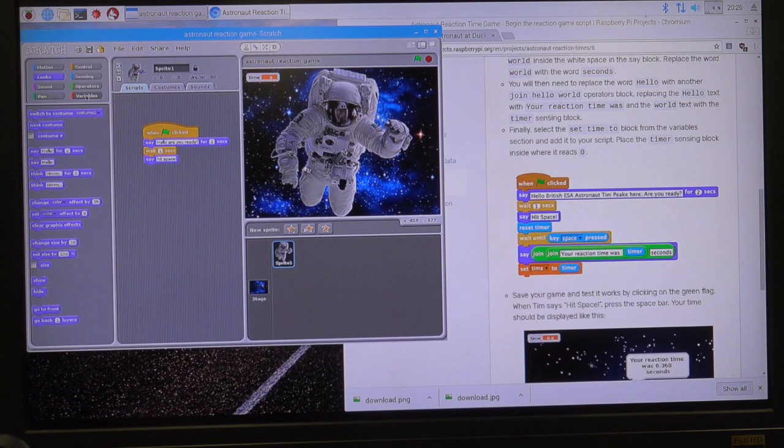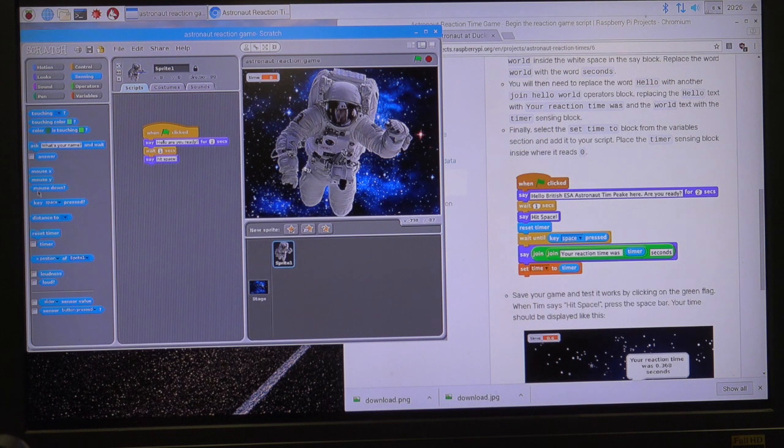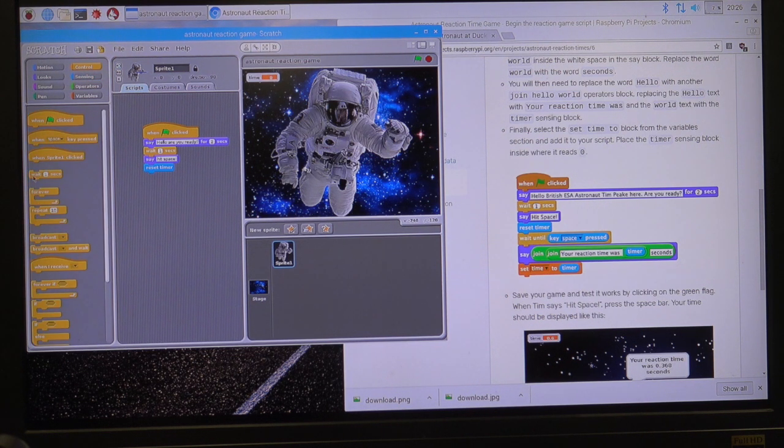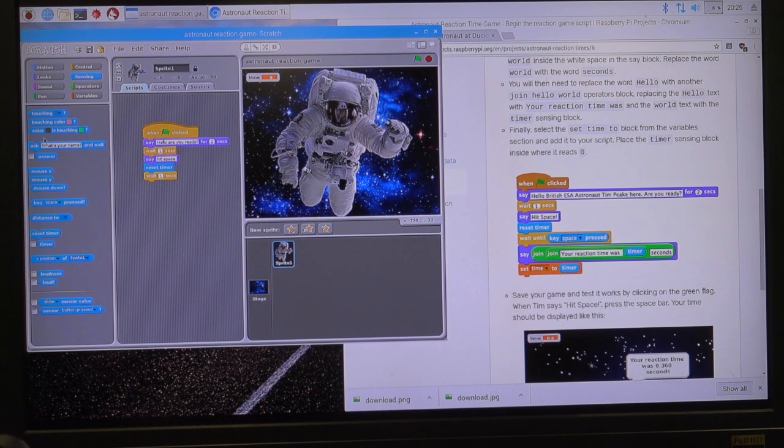And now we want to have it reset the timer. Means that it's taken a timer. Now it'll be a wait until. You notice how it says wait 1 second? We can fill something else that's circled in there. But I'm looking for a blue sensing. Key is pressed. This one right here. And if I hover over it,